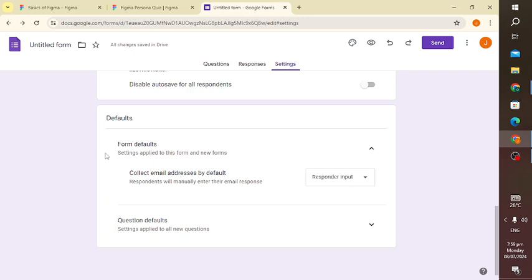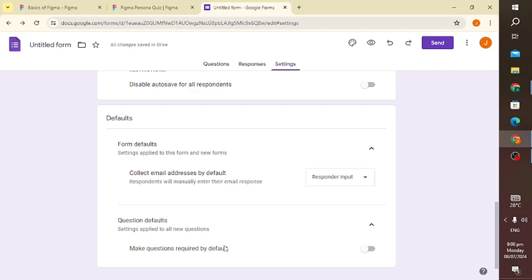If you choose this particular setting, the person must put their email. But it's not really advisable to do something like this. If you want it, you can just create it as a separate question and make it optional. That's the best practice. Or if you decide to do it this way, fine. If you decide that it's a must that the person must put their email, then fine. So yeah,